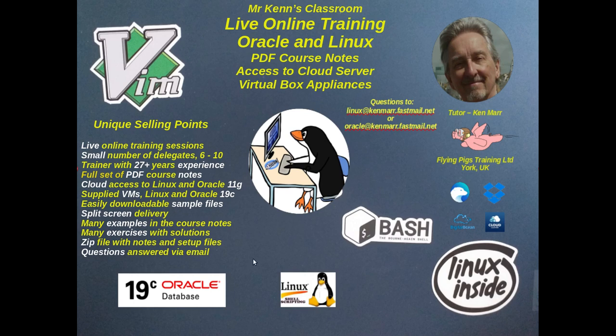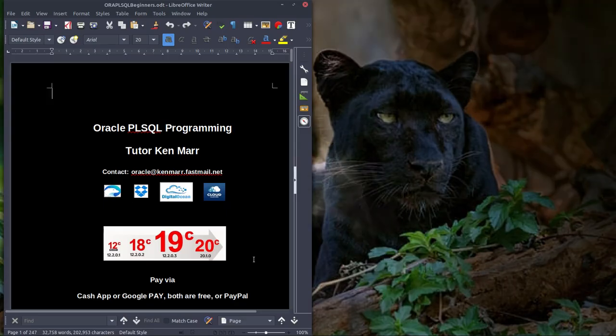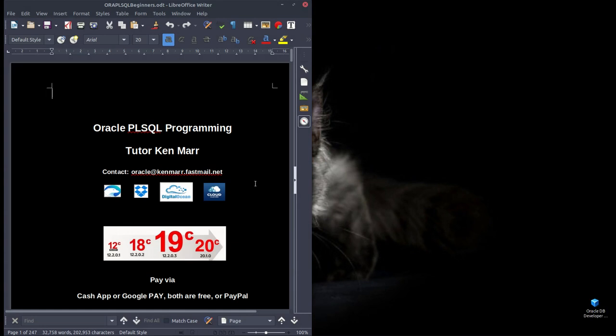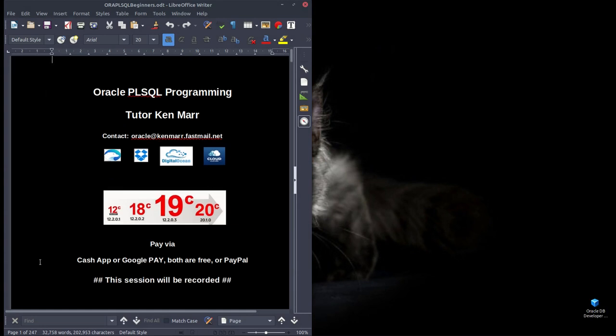You can read through that if you're interested, although some of this stuff's in the course notes. Right, let's start with the course notes. These are the course notes, and you'll see there's 247 pages. I'll go through the first 7 pages. If you're looking at this video from the link in the WhatsApp group, you should also have a link to a file containing the first 7 pages plus the sample tables that we use in the training database.